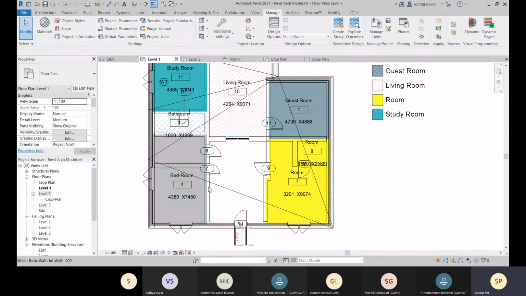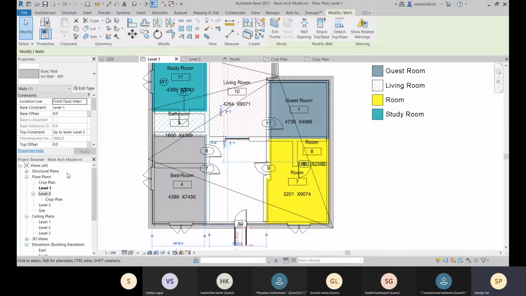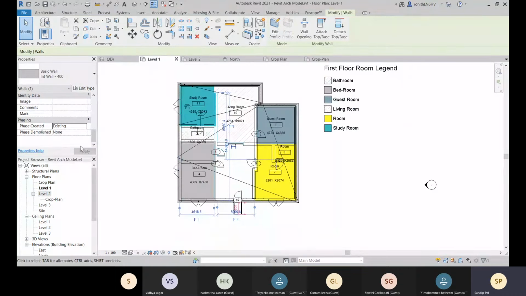Now we will come to these parts later about placing the room tags. So now let me choose this and change the phase demolished. The new construction phase is demolished, so phase constructed should be existing. So this is the existing.